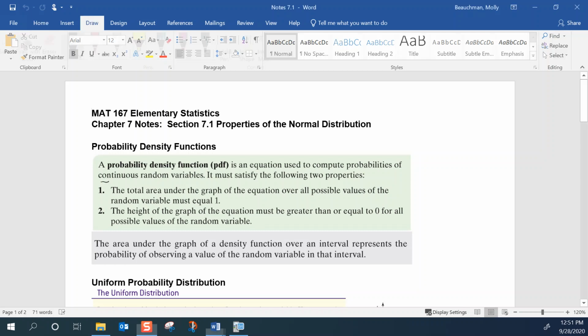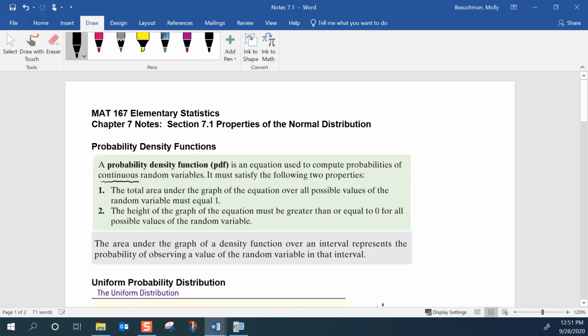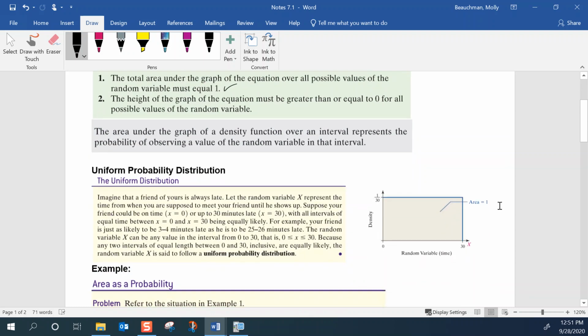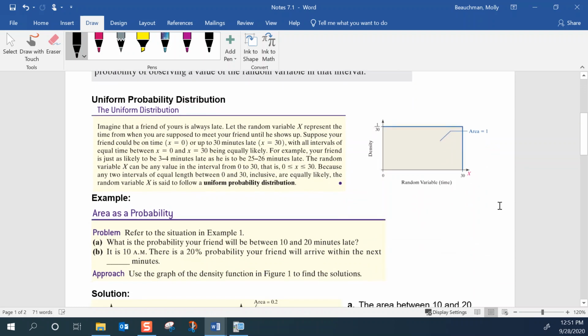We did discrete random variables back in the binomial section. The total area under the graph of the equation over all possible values of the random variable has to equal 1. So now we're looking at areas instead of adding probabilities together. And the height of the graph must be greater than or equal to 0 for all possible values of the random variable. So before we take a look at the normal distribution, let's take a look at a uniform probability